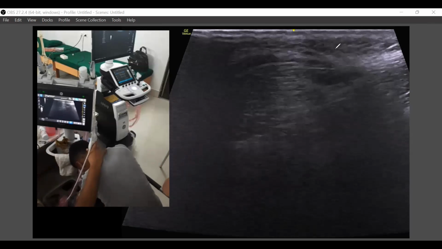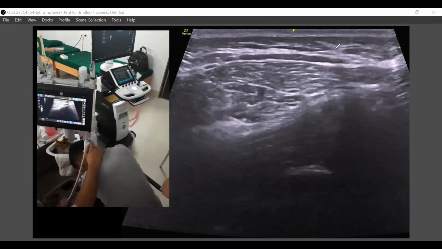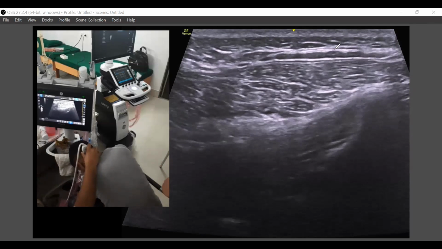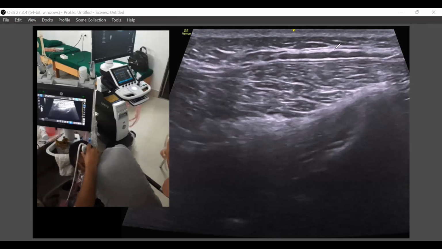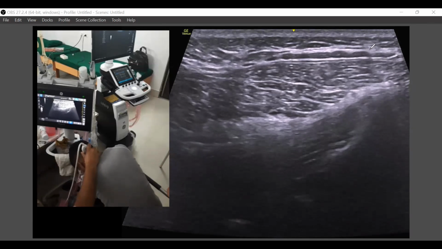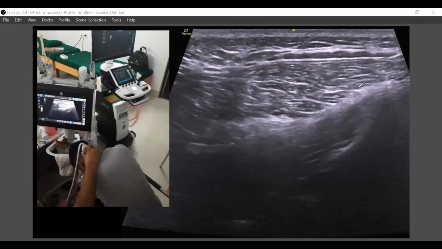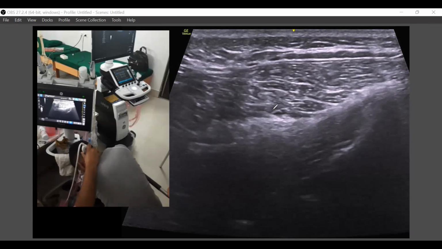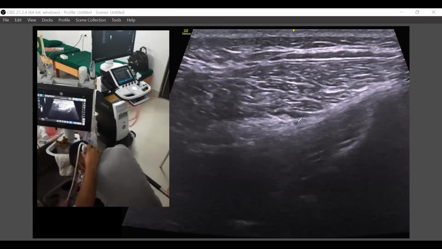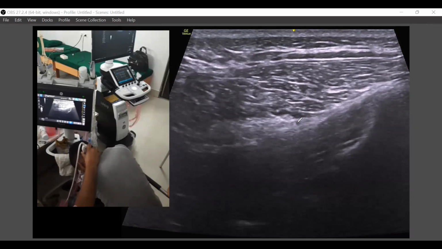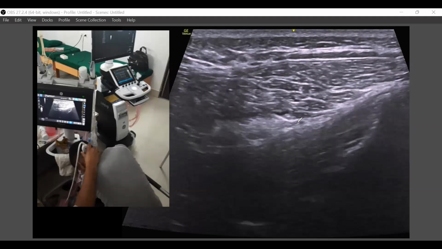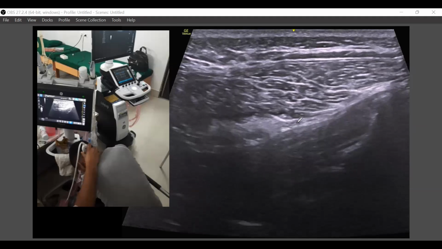The extension of the neck is important. So I'm coming down. I'm now seeing this obliquus. Now you can see very nicely, one dot here, and another dot here, this one. And now if I'm keeping that dot in the center, greater occipital nerve, and I can see the greater occipital